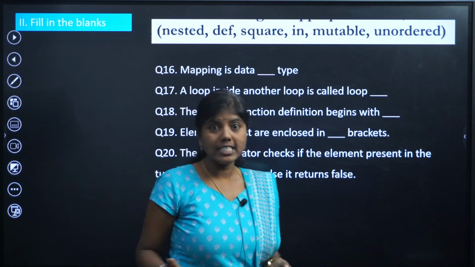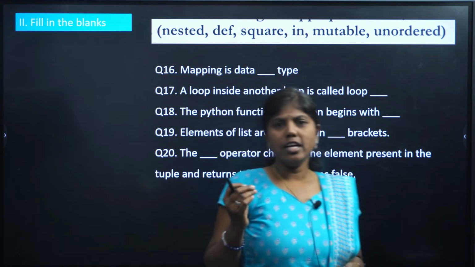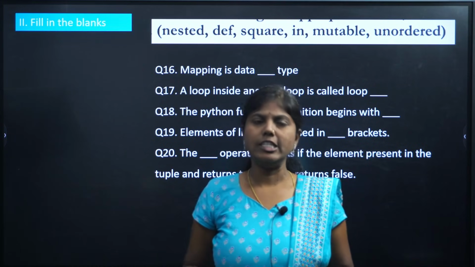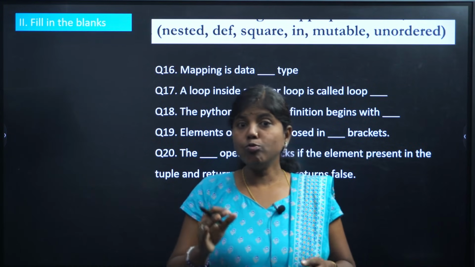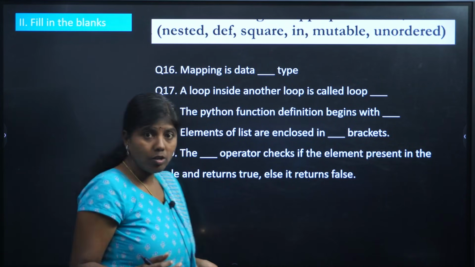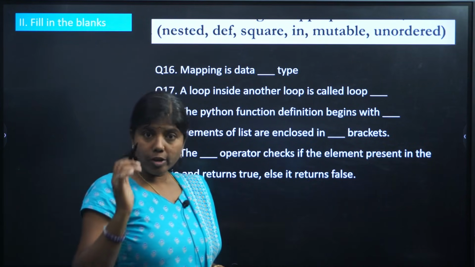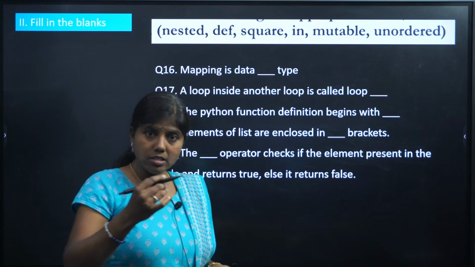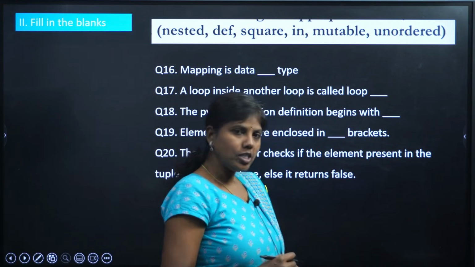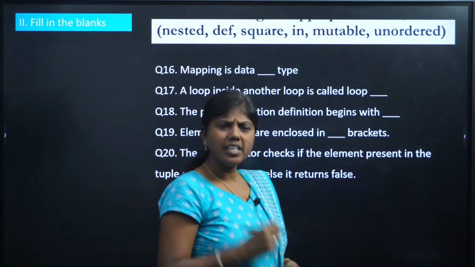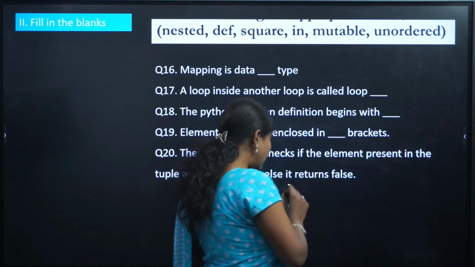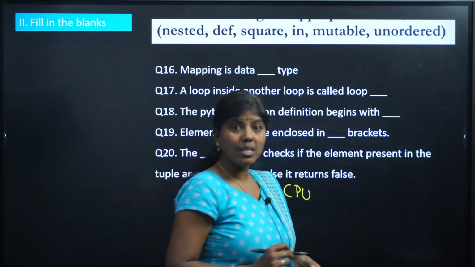Fill in the blanks. If you just think a little bit, you will be able to answer all the questions, just cross verify once. And remember, I think I've told you many times in all my other videos, ensure that when you're writing MCQs, just write one answer and go. For example, what is the answer for the first question? Let me ask, did I ask you or not? Yes, no? The answer for the first question is going to be CPU.